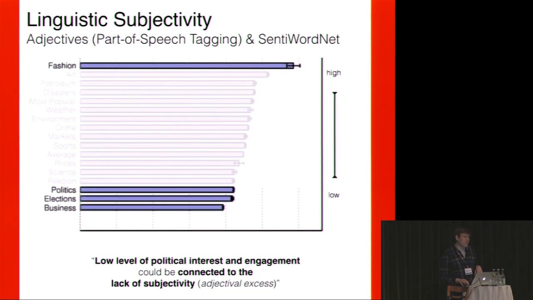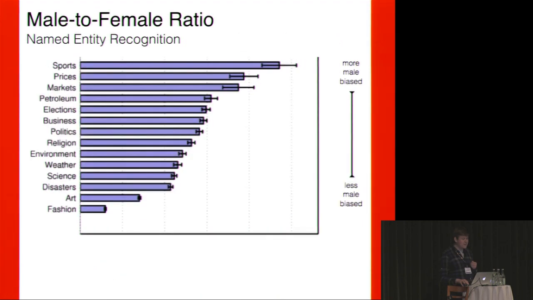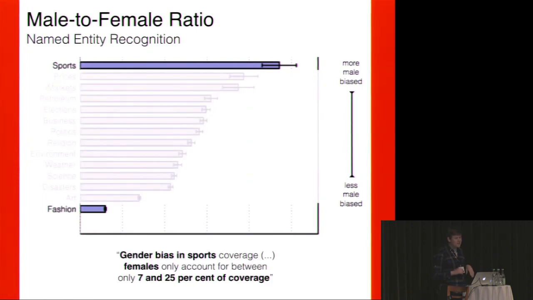Another really interesting research, and this again is on 2.5 million articles, is looking at the male to female ratio. For this, they used a technique called named entity recognition. So you find names like Hendrik, and associate it with a gender. If you do this, you can see which topics are more male-biased and which are less male-biased. And it's quite shocking, because if you look at sports, here, the more to the right, the more biased. Sports is incredibly biased, and there's not much reporting about females in sports. I think this is very interesting, and fashion is the only topic where it's almost even.